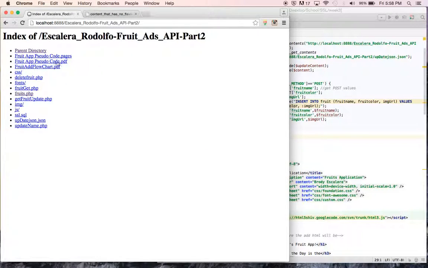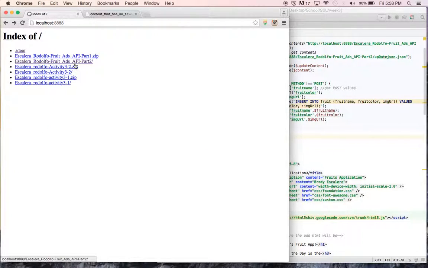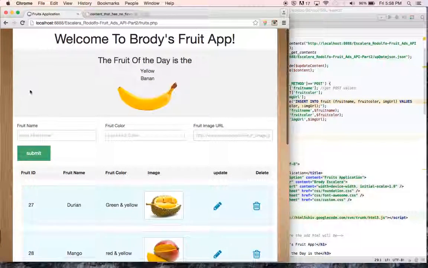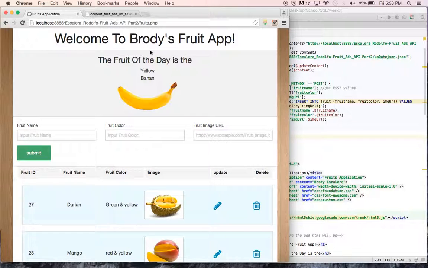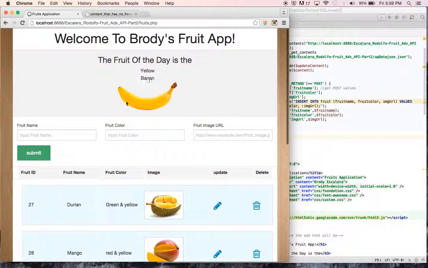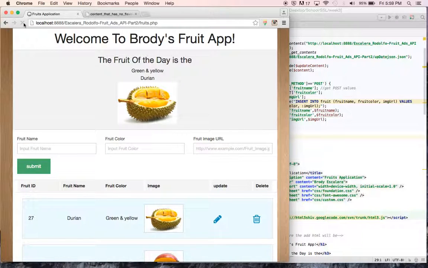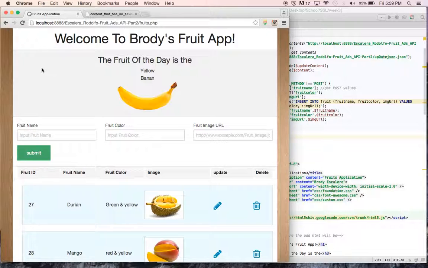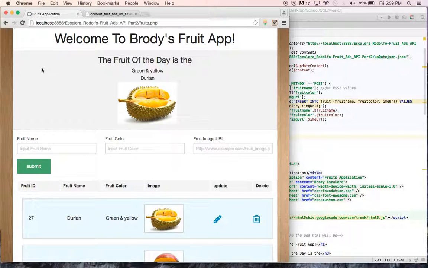Okay, so when the page first comes up, and part 2 and Fruits PHP, boom. Okay, so here is the app. And when it first comes up, you can see it's got some fruit that are already here in the database. Up here is the add portion of the database, and if I hit refresh, it'll change, and it randomly selects. No, let's keep selecting the same one. As I refresh it, it'll randomly select a fruit that's in the database and make it the fruit of the